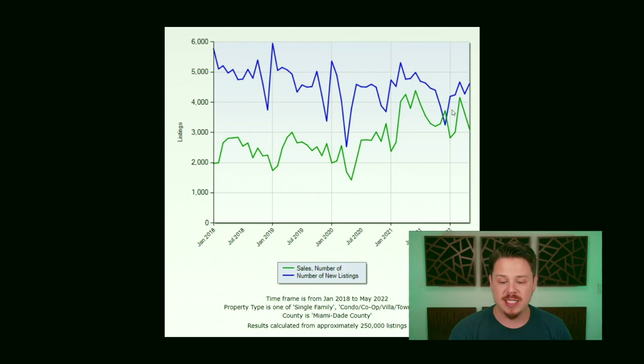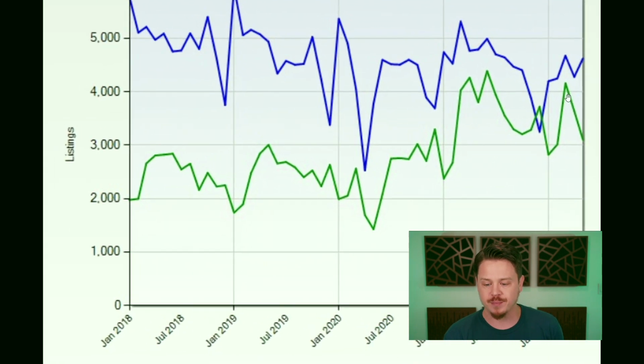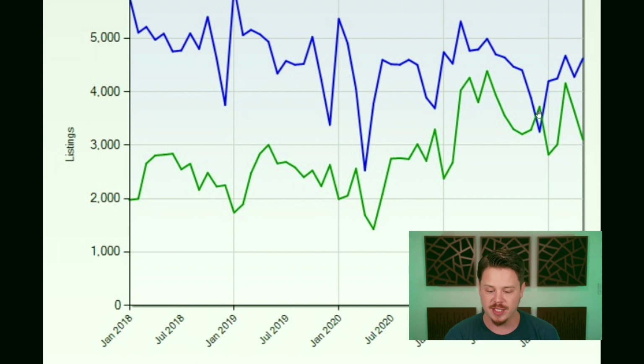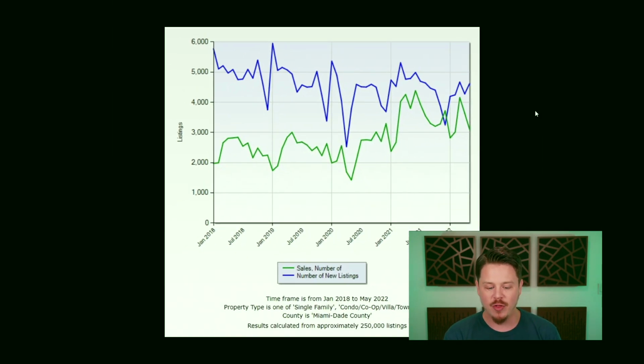But as we see here at the end of this graph, again, look, big swings in the lines. That's the pandemic. Hello. And what we've seen is since the pandemic started, these lines getting closer and closer and closer together, right? But then what's really interesting is right here, you see in December of 2021 that the green line actually went above the blue line, right? So there were more sales in December of 2021 than there were new listings. That's crazy because